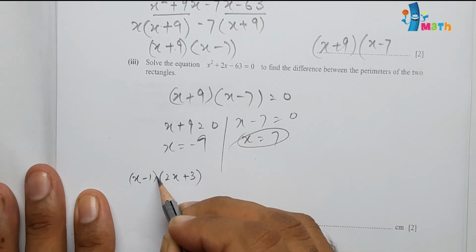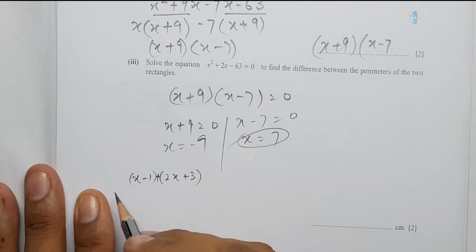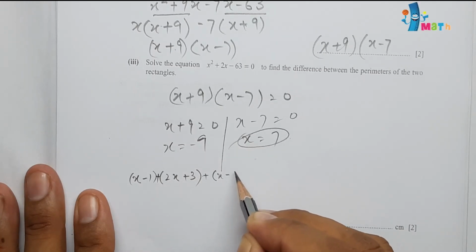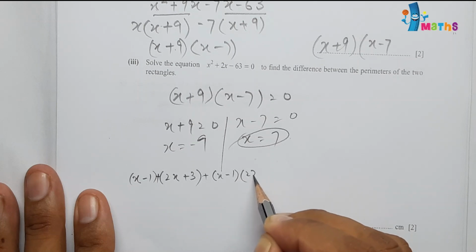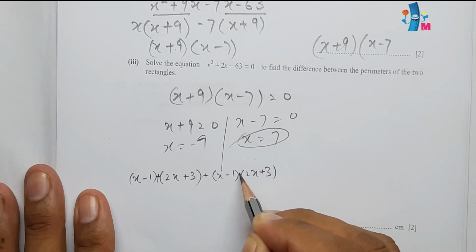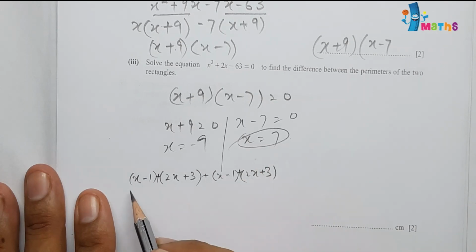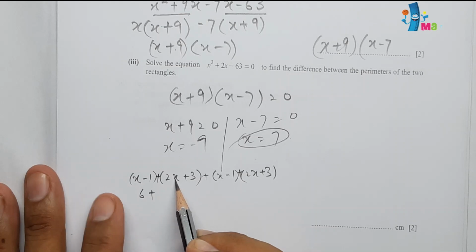So we will be adding them, so we can add once more, so x minus 1 into 2x plus 3, sorry, plus again here. So x is equal to 7, so 7 minus 1 will be 6, plus 7 into 2 will be